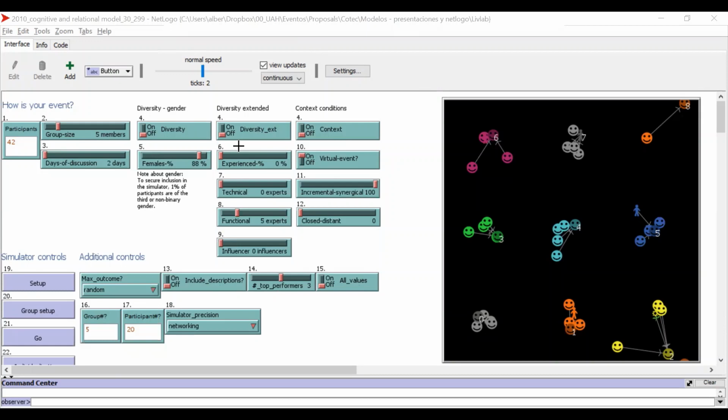To work with LivLab Simulator, you have to first define the main common features of your event. These are these three controls, which are the number of participants, the size of the groups that you want in your event, and the days of discussion of the event. Together with these three main common controls or features, you have these three blocks numbered with 4,